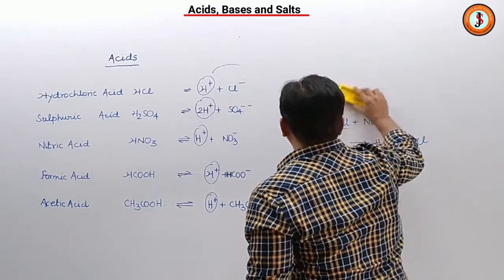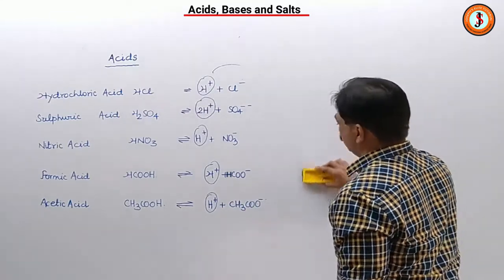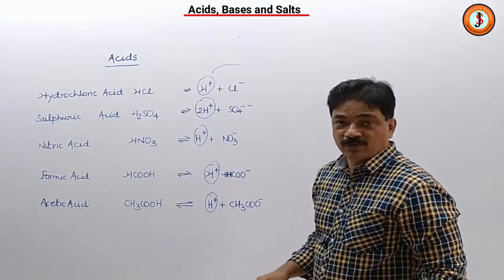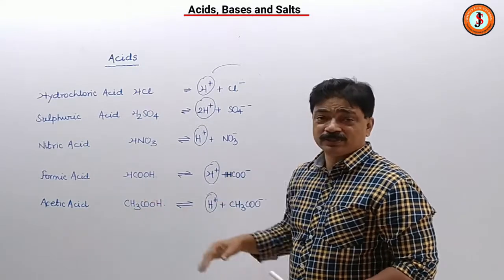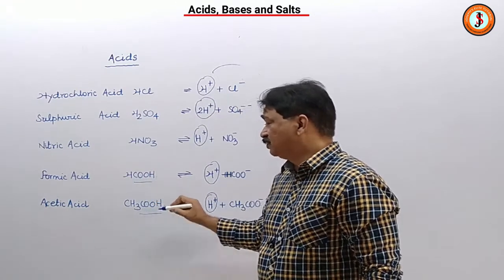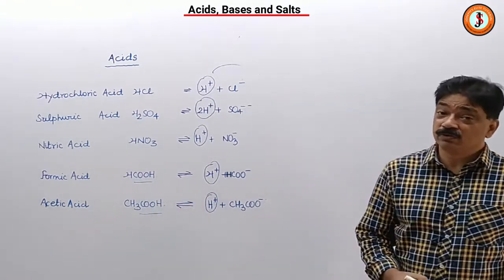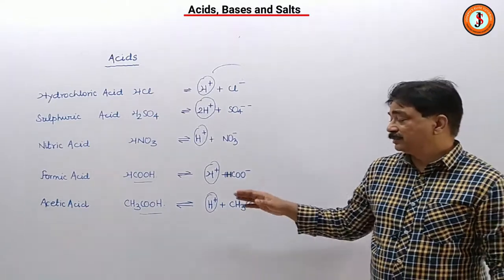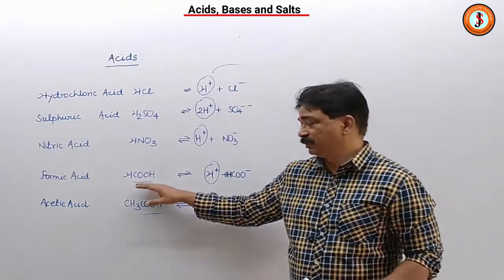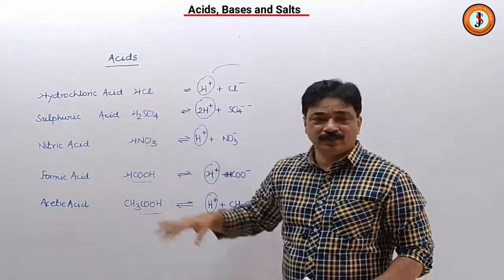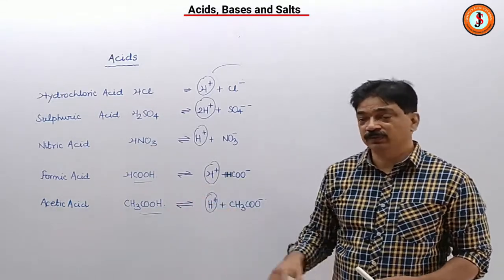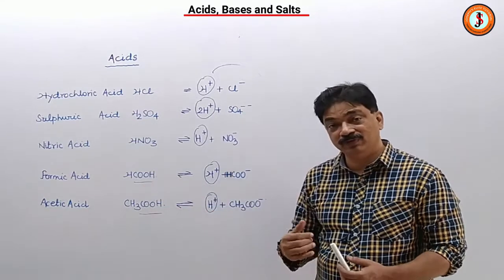Now in normal acids it's okay, but when we talk about some acids which are carboxylic acids, the formula will let you know what a carboxylic acid is. COOH, this part is the carboxylic acid part, and these are also called organic acids. So this you also have to remember: organic acids are acids which contain a carboxylic acid part in them. So these are the inorganic acids. Carbon is present over here and the carboxylic group is present here, so these are organic acids. These are very weak acids.